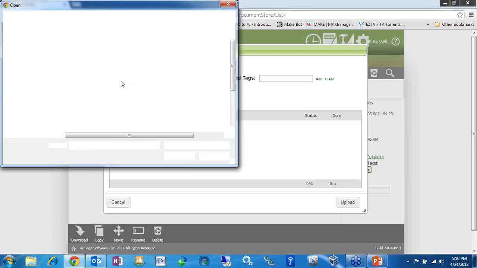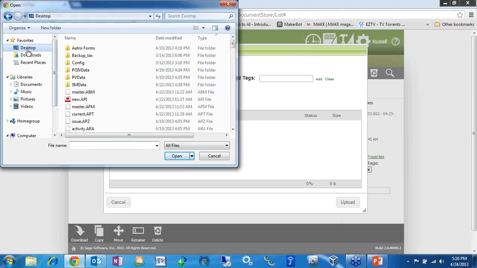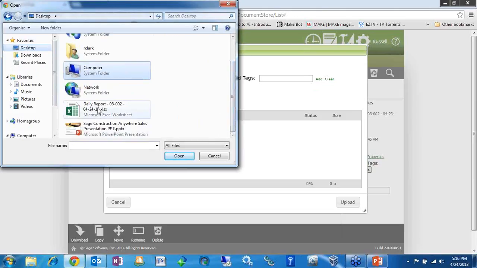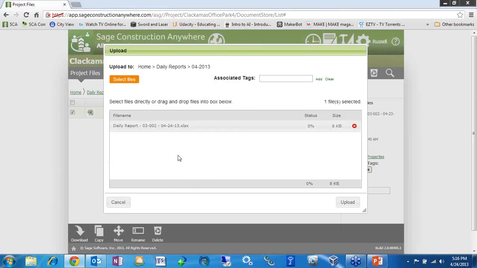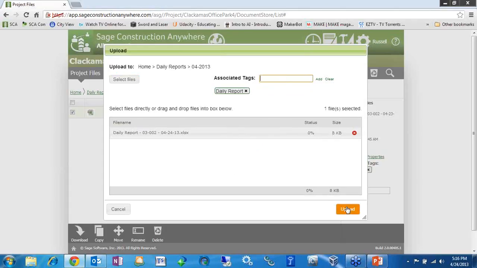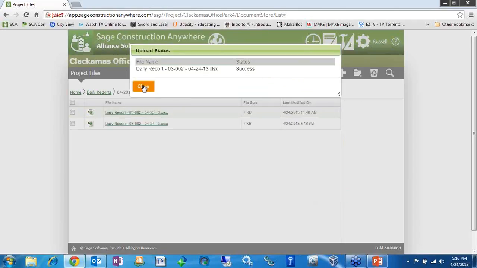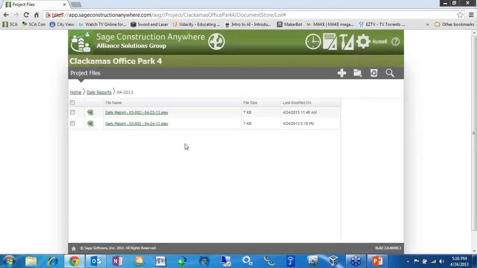select my files. Select my daily report. I go ahead and give it a tag, and just click upload. Of course, the file is 8 kilobytes, but the larger the file, the longer it's going to take to upload. Of course, that's contingent on your internet connection as well. So